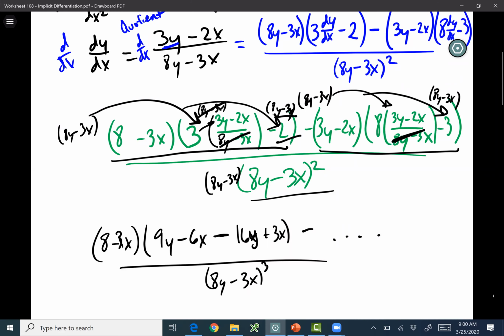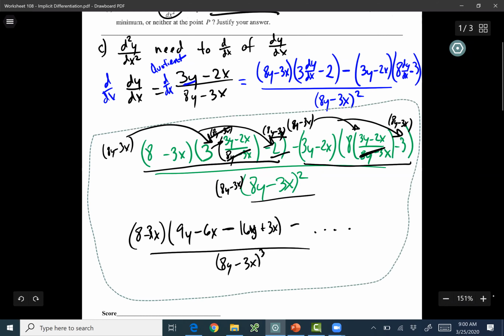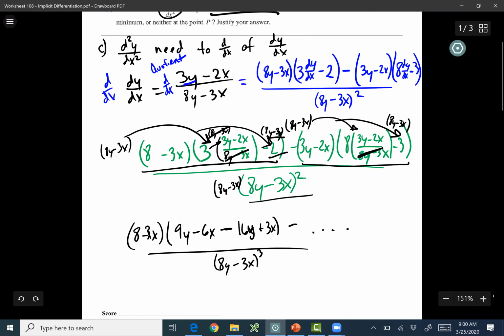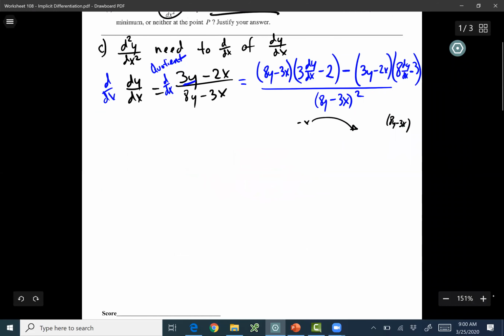Now, the reason I'm showing that is to show you why you should not do this. You're going to get lost. You're going to make a mistake. And it's just way too much work. The graders do not want you to do this. It's way too much work, and it's just not worth it at all. So please, please do not do that. All right, what we're going to do instead is that